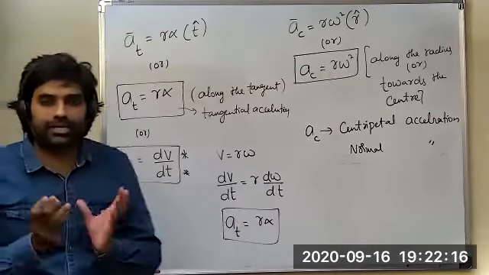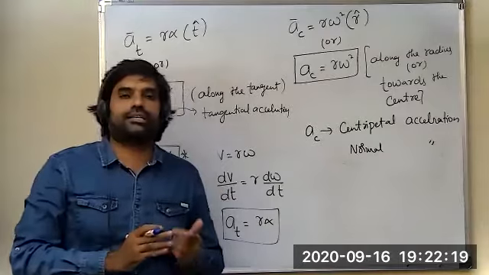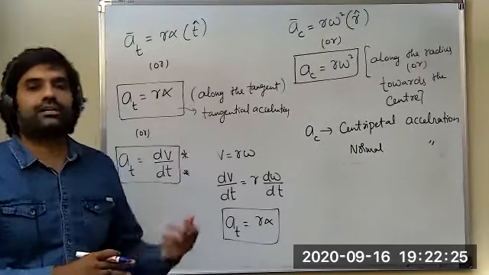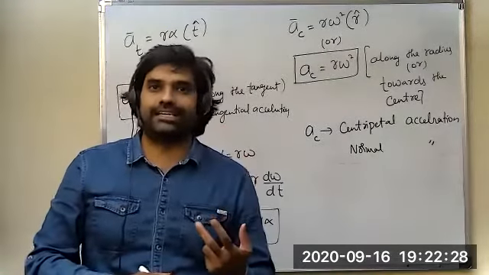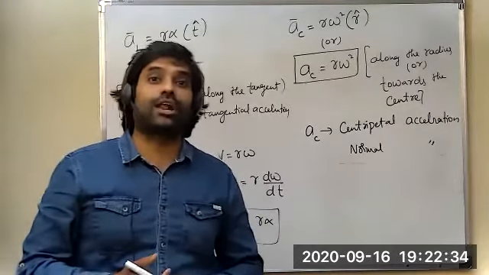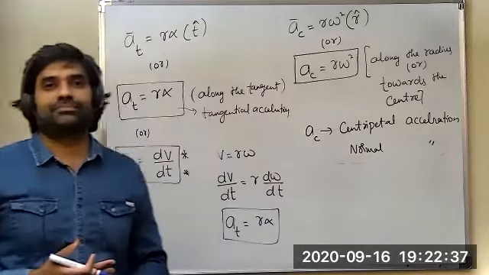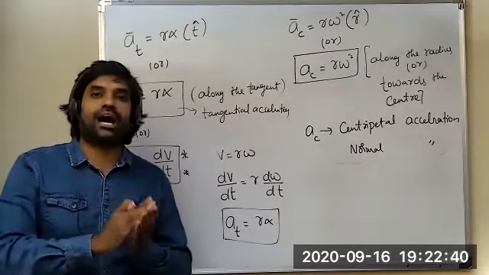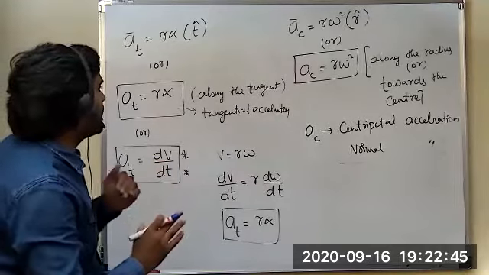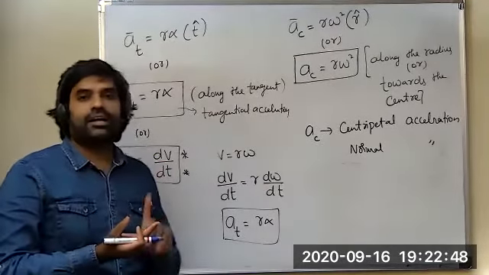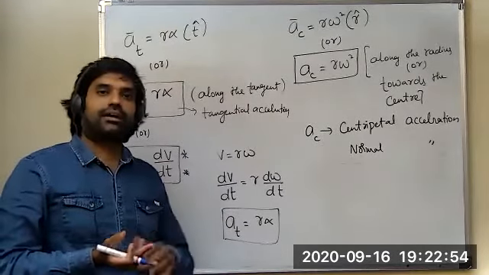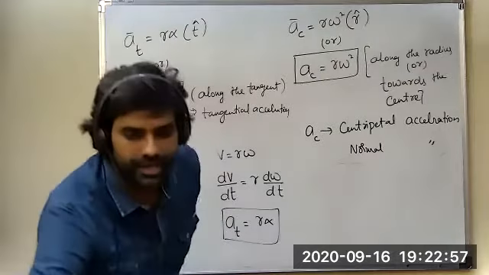Therefore, students, by using mathematical knowledge, we have concluded that if a body is moving on a circle in the coordinate system, such a body will have two accelerations. One towards the center, known as centripetal acceleration. One along the tangent, known as tangential acceleration. And the linear velocity is given as R omega. Understood? Therefore, for a body moving on a circle, the important parameters are centripetal acceleration, tangential acceleration, and linear velocity. Okay, students? And linear displacement also comes under this.